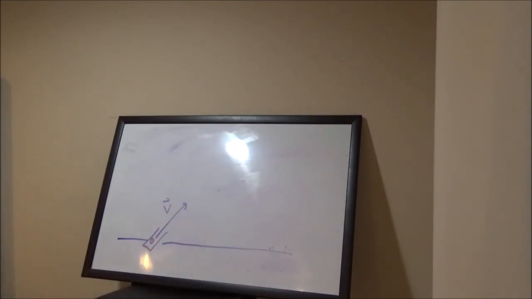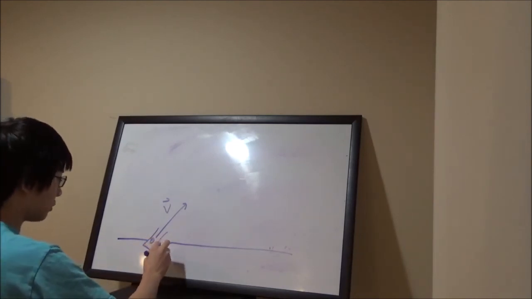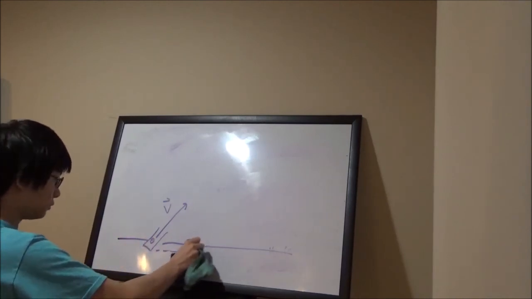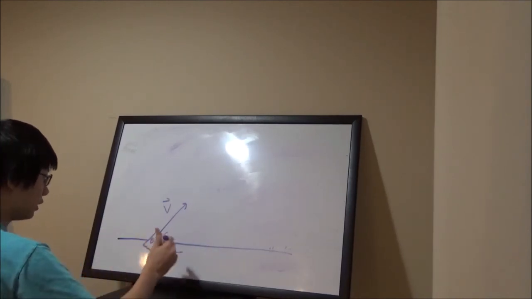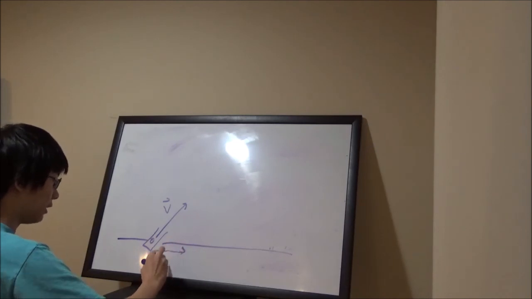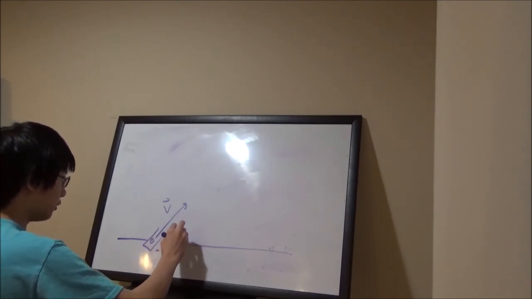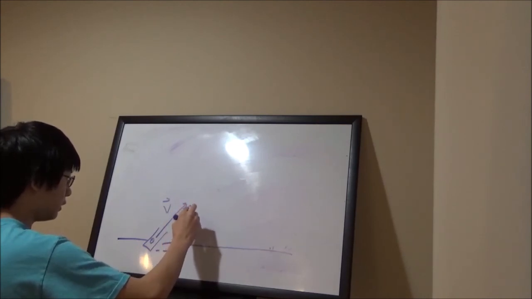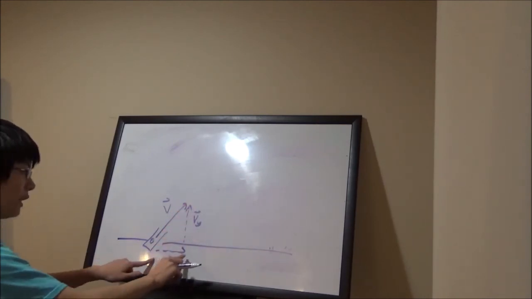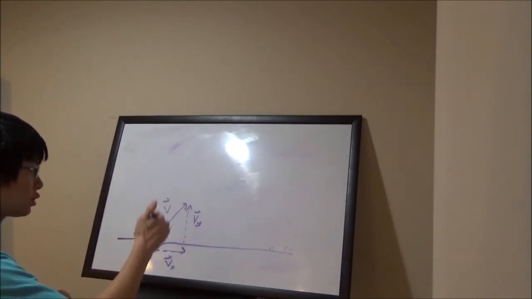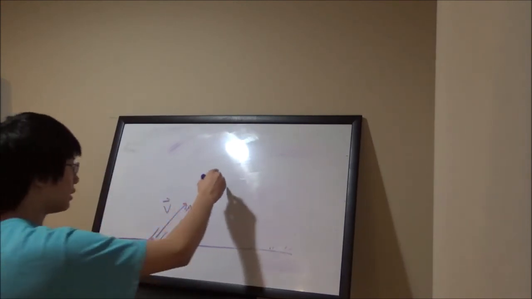Well, we can break down this velocity into two different components. It has a component in the x direction, so I'm going to call this Vx. There we go. This is a dotted line. Alright, this is Vx, and it has a vertical component, which I'm going to call Vy. If you notice, Vx plus Vy, so this length this way plus this length this way, is going to equal my initial vector. So if I draw it up here,